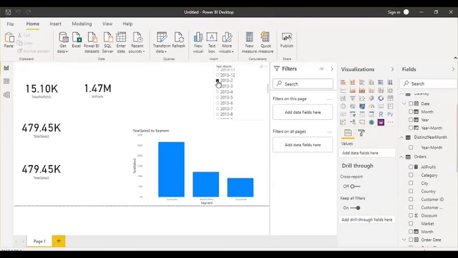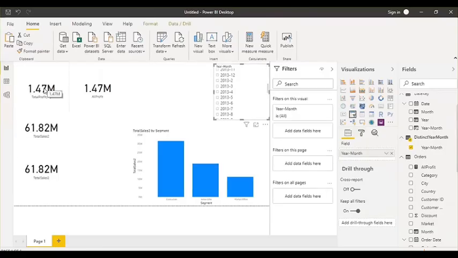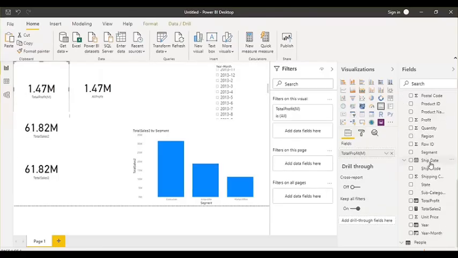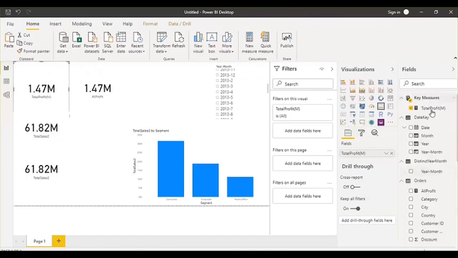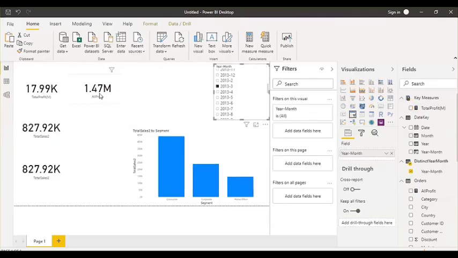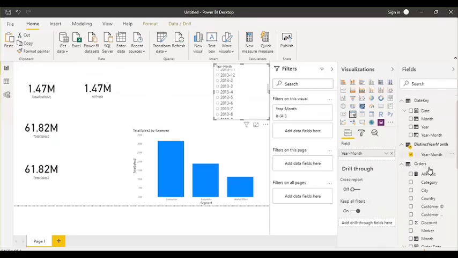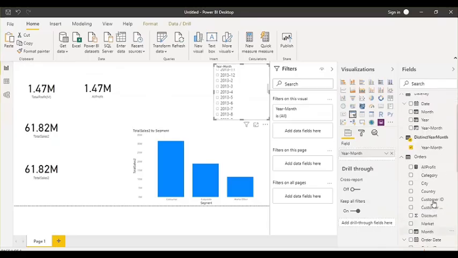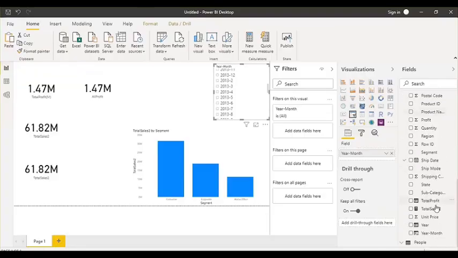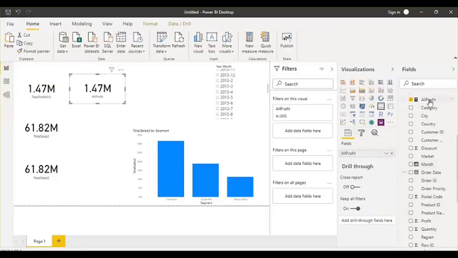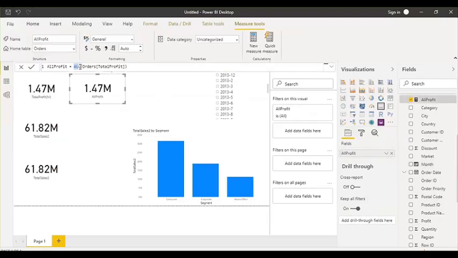You can see that when I select any value here, this is my total profit, which is coming from the measure. In this measure, when I select any value, you see that this one is filtering and this one is not filtering. This is the original, without any filter. So it removes all the filters. This is one way, and on a column also you can directly apply this. Where is that? Sales profit column, all profit. So what we did on the column, we directly used the ALL function, and it just removed the filters applied at the table level.